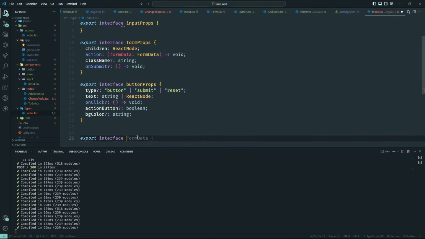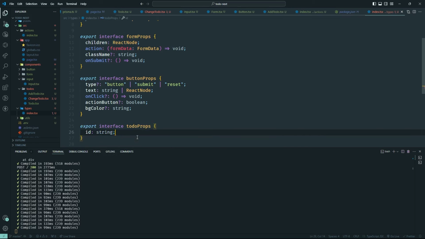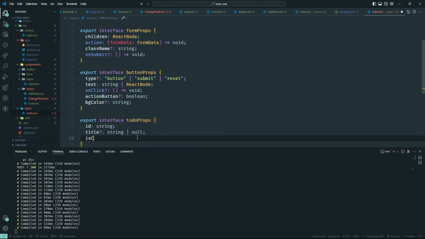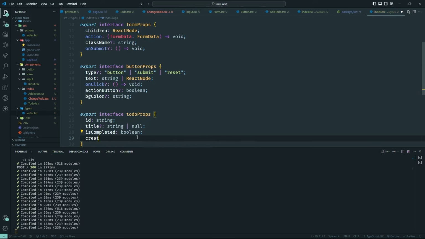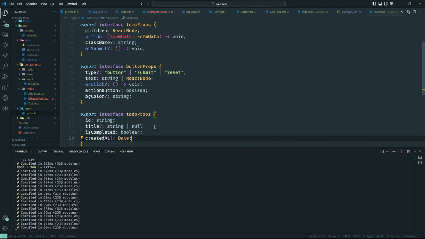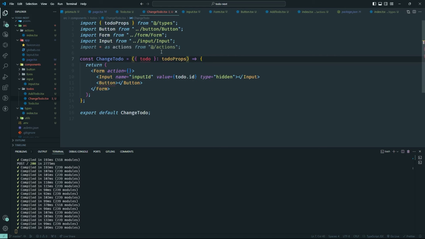Export interface to-do props. ID would be string. Title would be string as well. Is completed would be a boolean. To-do will have all of that, so no need to worry. Created at would be a date. So we have that in place. Let's just add that over here. Bring that up, add the to-do props, and then we're gonna use that todo.id as the input value. So we can use this value to find the exact ID we're looking for